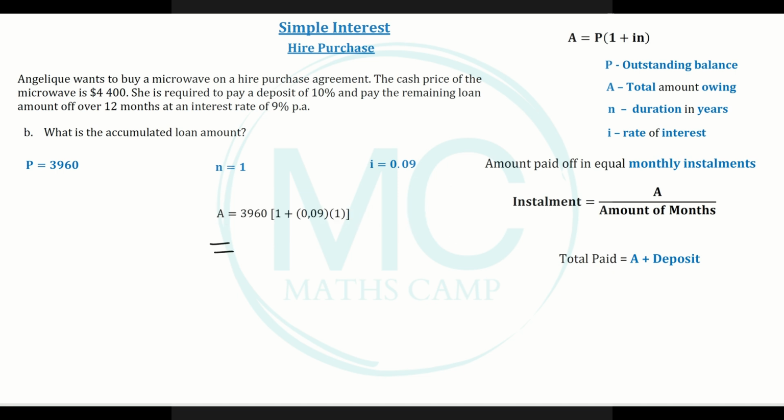Now, outside our bracket, we have 3,960. Inside our bracket, 0.09 multiplied by 1 is simply 0.09, plus 1, and we get 1.09. And finally, we can multiply these values together, and we get an answer of